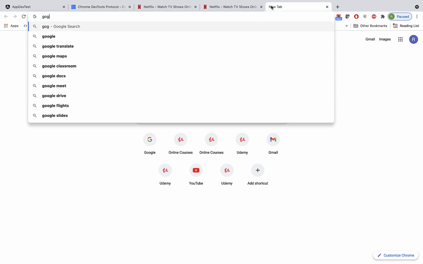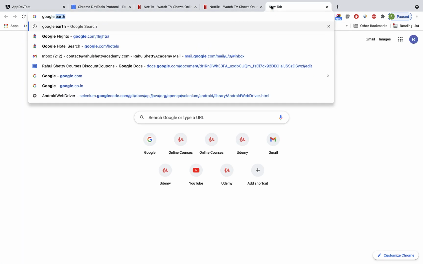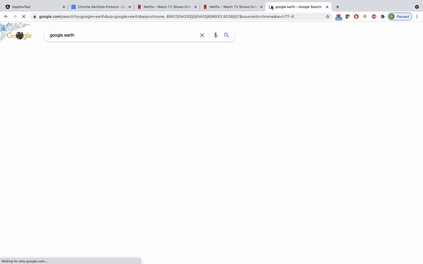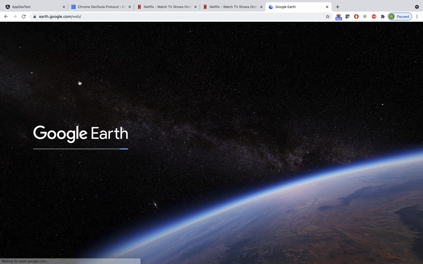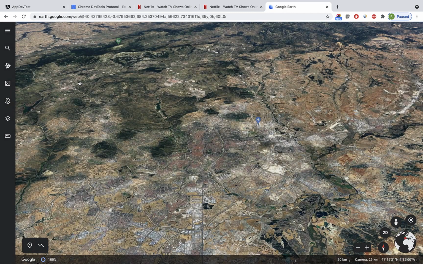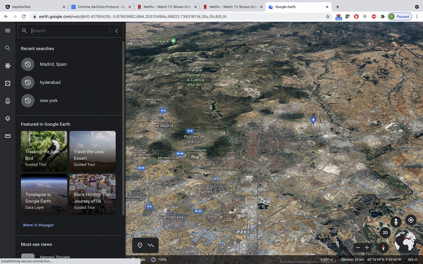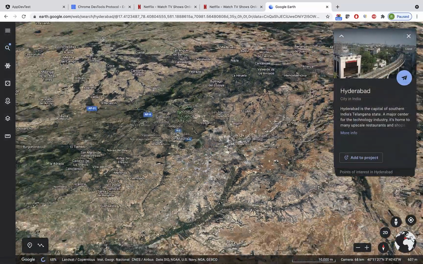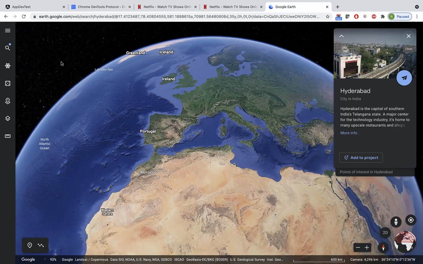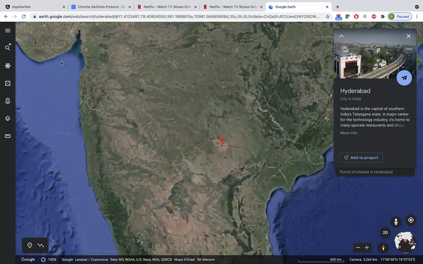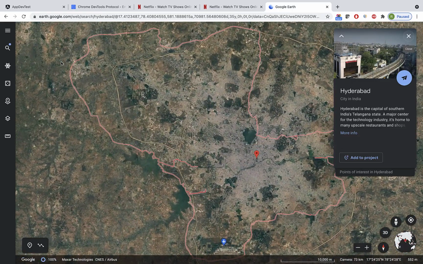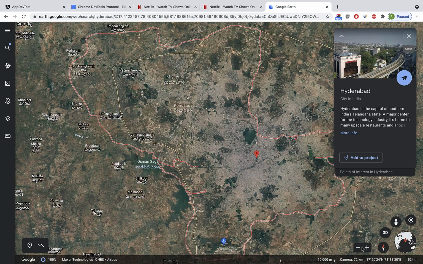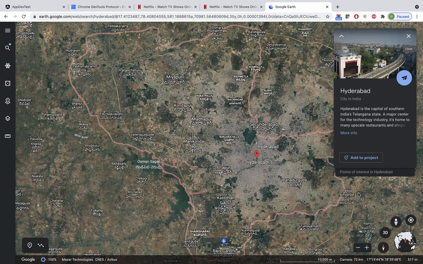Go to Google Earth again. Earlier we saw Spain, so now I will start with Hyderabad. So we are going from Spain to India in a super flight. Coordinates here are 17 degrees and 78 degrees.